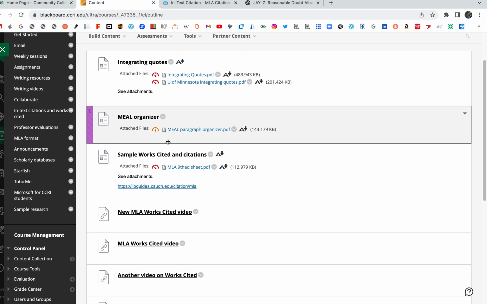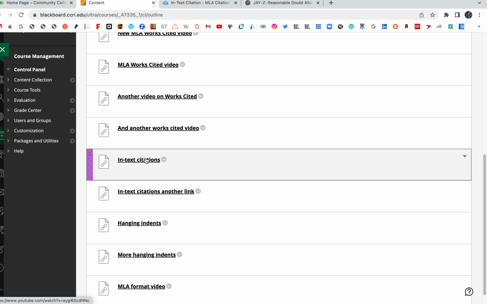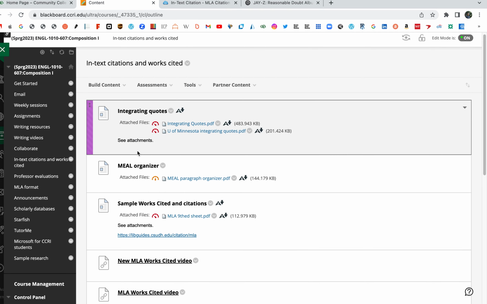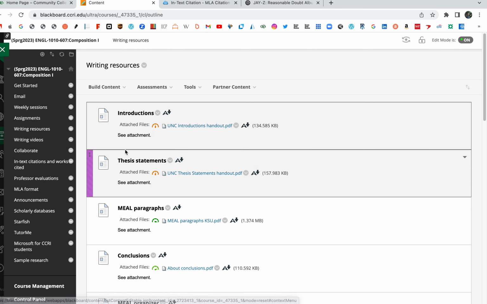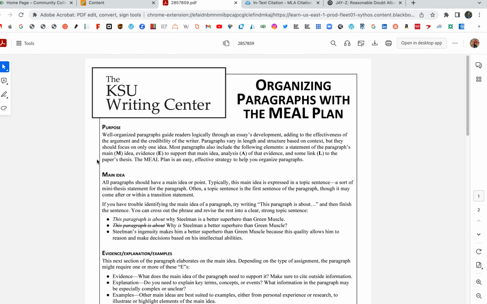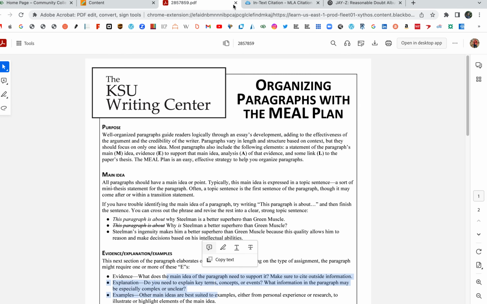And please, if you're confused with any of this, email me, contact me, let me know if you have questions, comments, anything about in-text citations. But if you notice here under writing resources, here's the MEAL paragraph handout. And the MEAL for in-text citations: the main idea, the evidence is going to be the in-text citation, and then you analyze the citation. That's all that is.